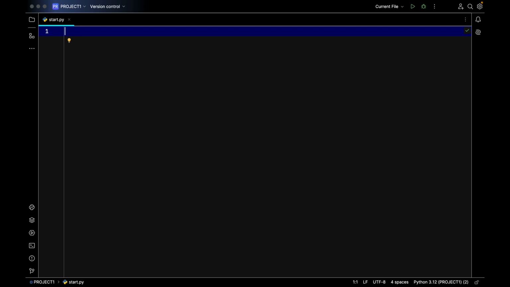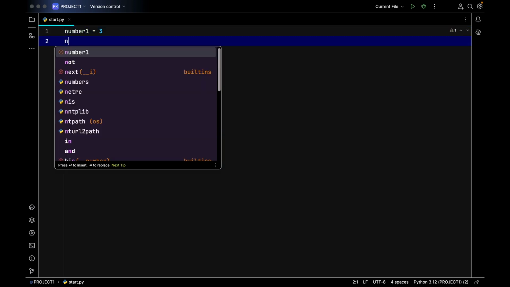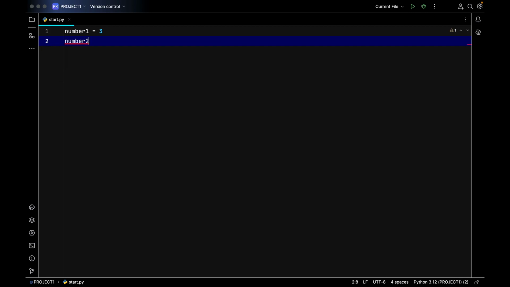Variables in Python are what we use to store data slash values. So take a look at this. We have number 1 equals 3, and we have number 2 equals 44. Okay, so according to the description that I've just provided, we said that variables are what we